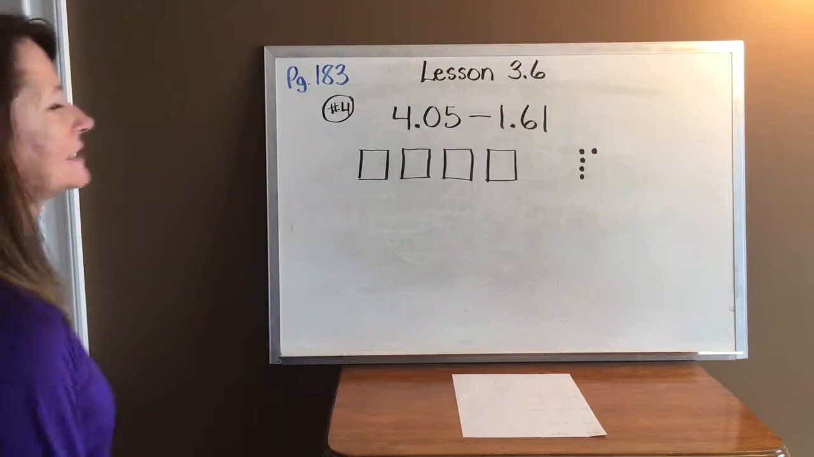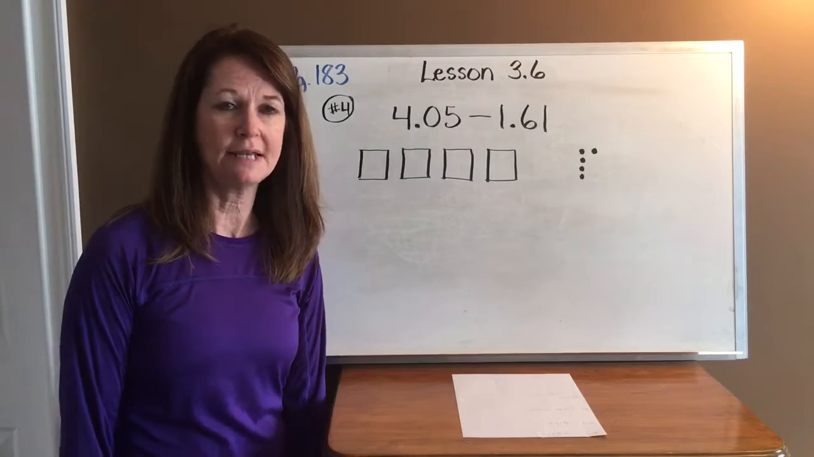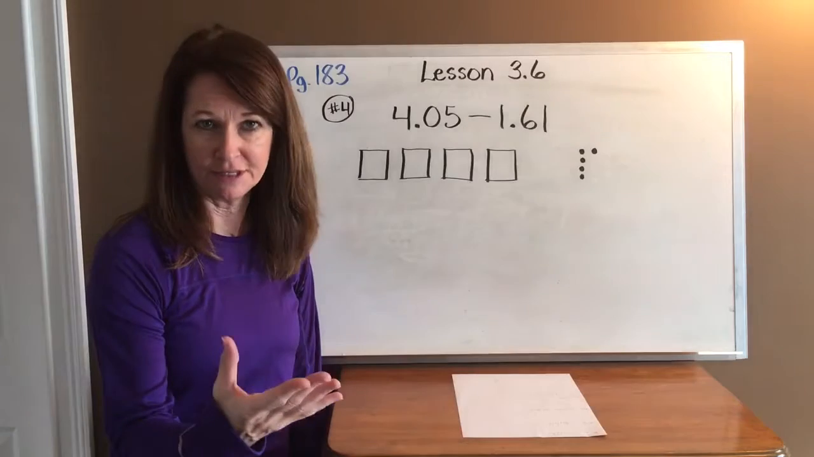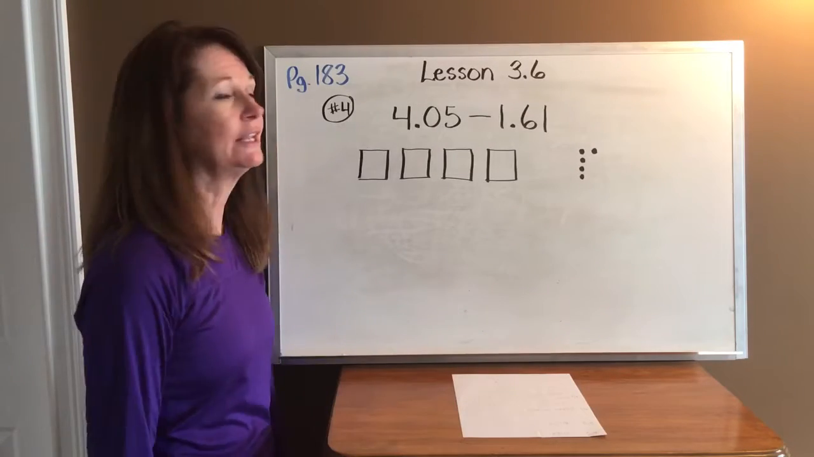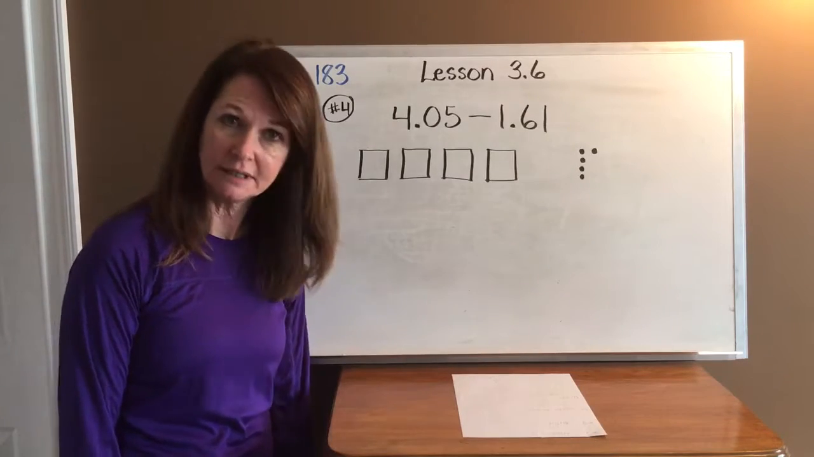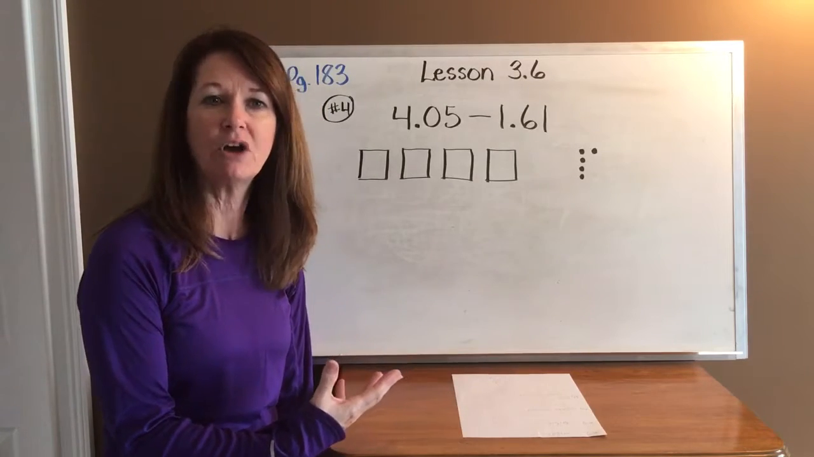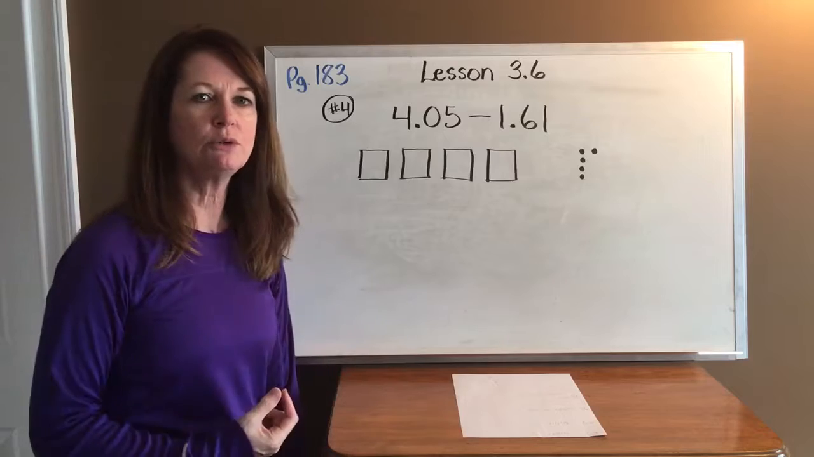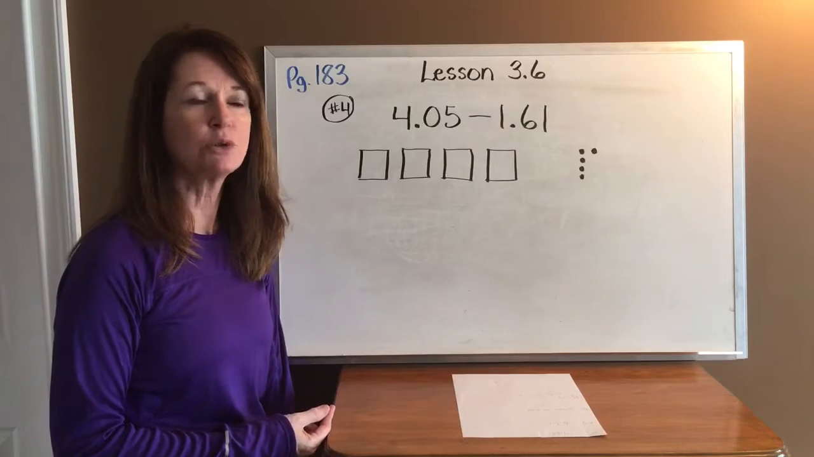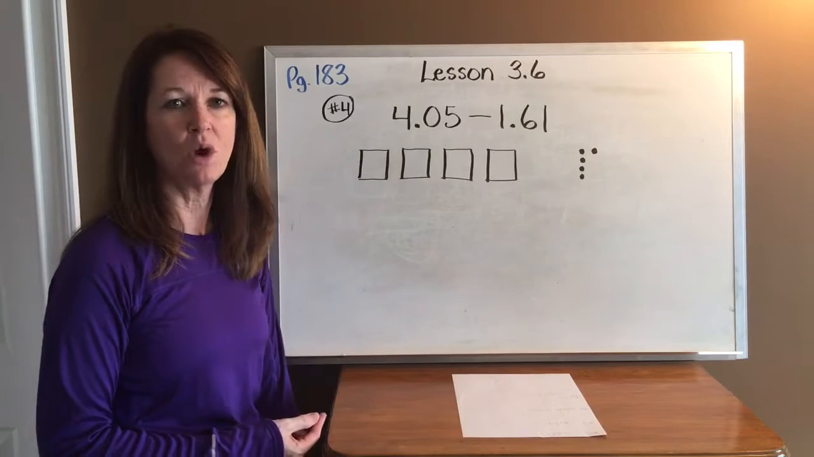All right, so on lesson 3.5, we were adding decimals and drawing them out. And on this one, as you can see, we have lesson 3.6, and now we're subtracting decimals. And we are drawing those out so that we can picture and see again what's going on. All right, so the numbers that we're using are 4 and 5 hundredths, and we're subtracting from that 1 and